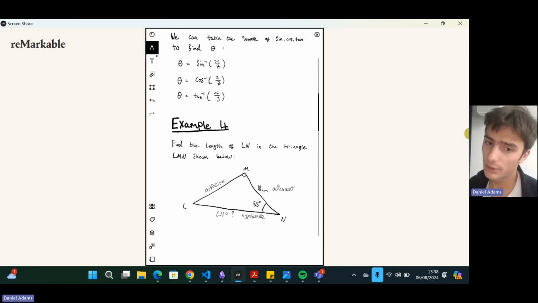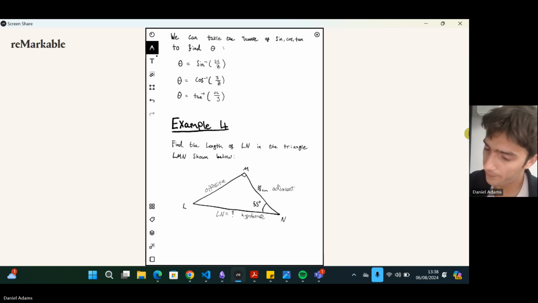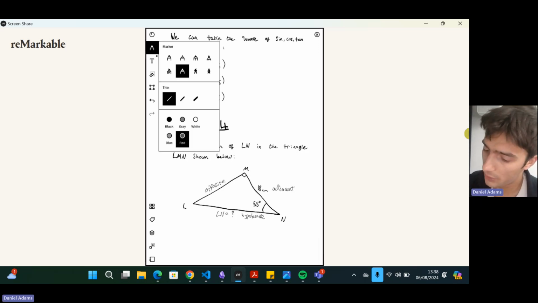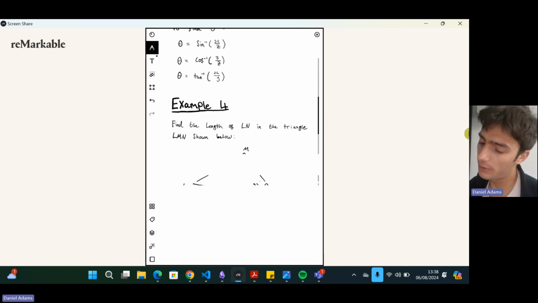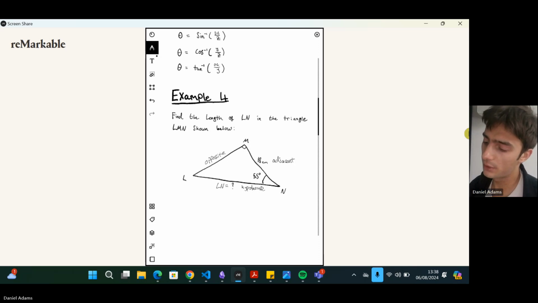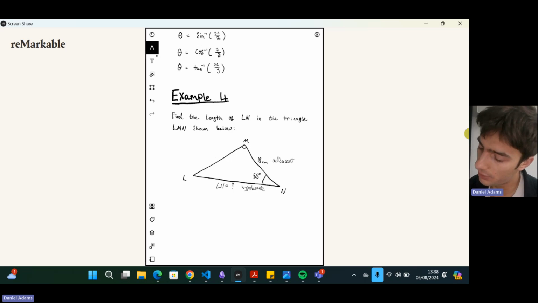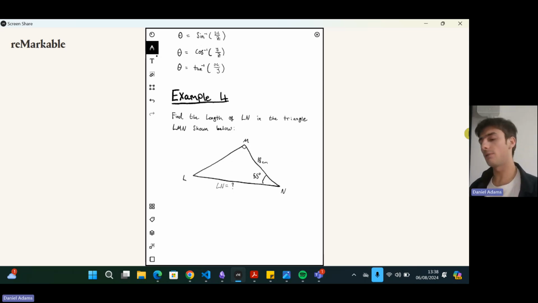So let's do some questions. So the first one is, I've labeled this triangle L, M, and N. What is the length of the side LN? Okay, how are you going to work this out? Well, we're going to try and use our formula for sine, cos, and tangent. Okay. Now, which one do we need? Well, we know this angle is 55, and we know this length is